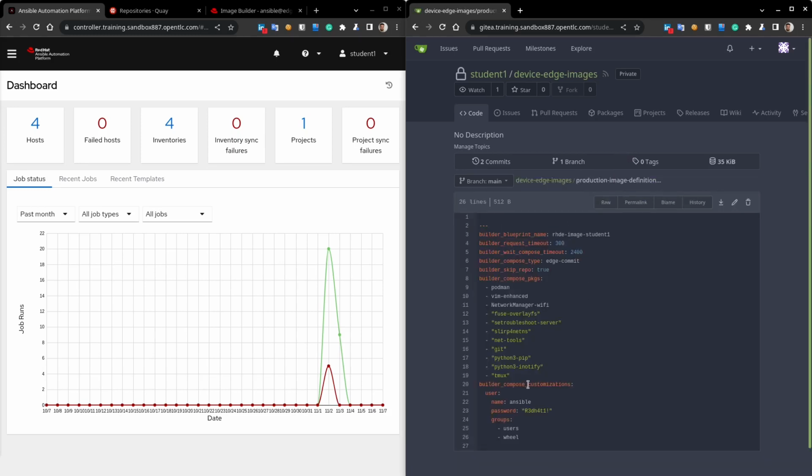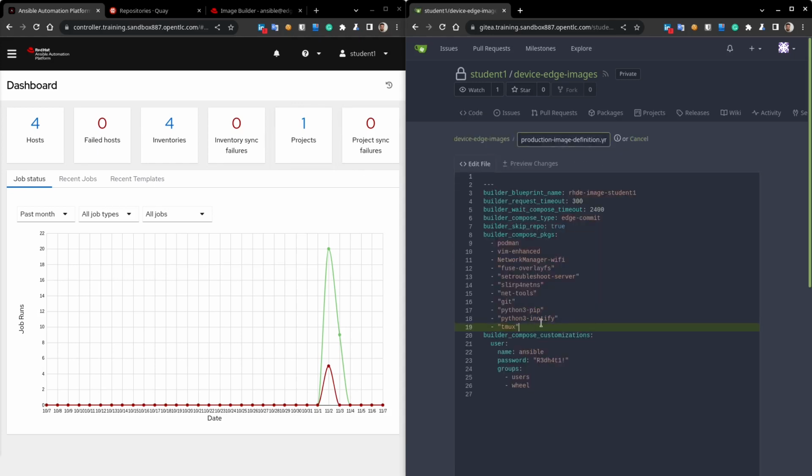Let's review the image description file. Here you can see that we have several packages included in our image and a new user named Ansible, which is on the serverless group. Let's introduce a change in this image definition. For example, let's include here the bind utils